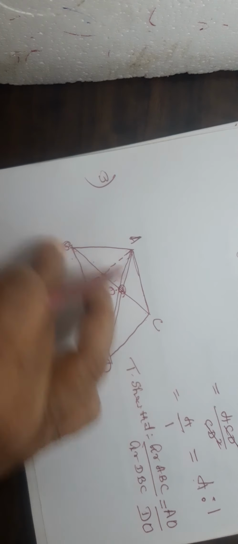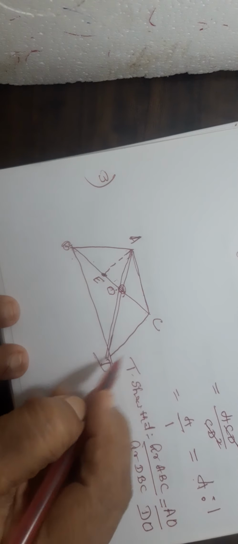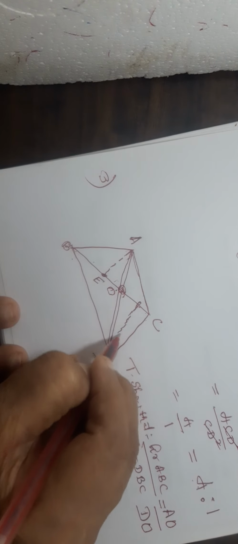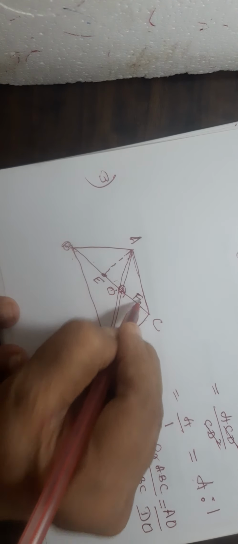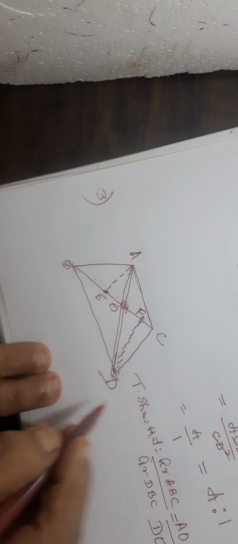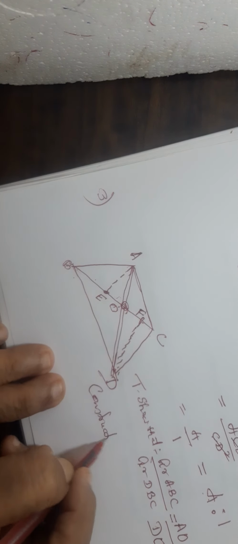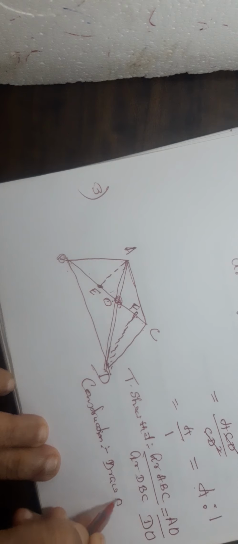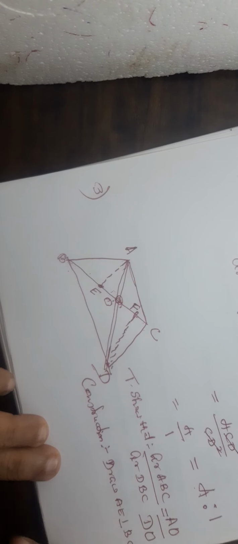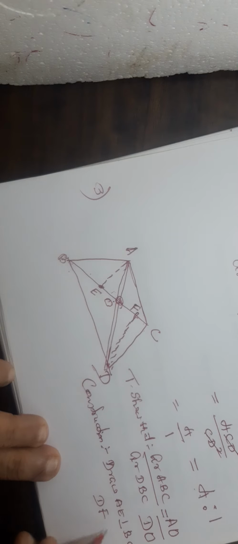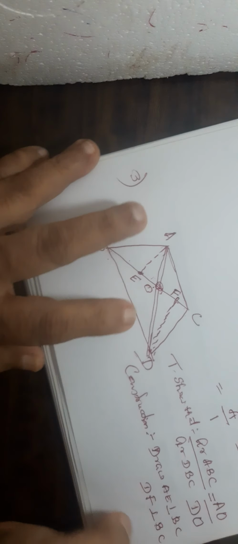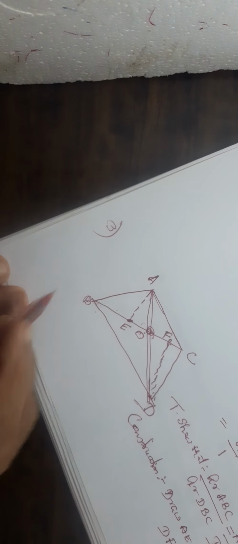Similarly, to find the area of triangle BDC, when BC is the base, from the opposite vertex, you have to draw a perpendicular, even there. Straight line like this. So let us say F. See, this is the construction. So without construction, you can't do this sum. You need their perpendiculars. So draw AE perpendicular to BC. Draw DF perpendicular to BC. That's all. If you just write that much, it's enough. Draw AE perpendicular to BC, DF perpendicular to BC. Of course, figure is very, very important.